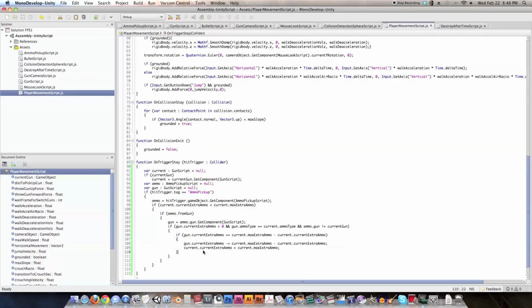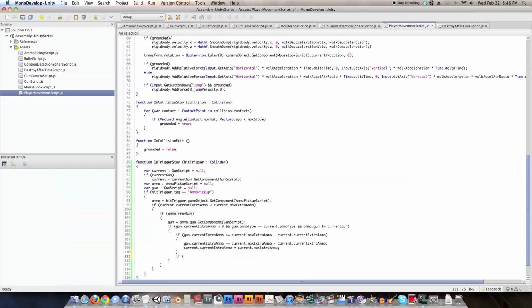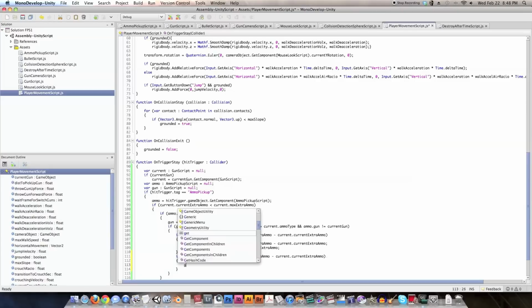So now what if the gun doesn't have enough ammo to give us full ammo? I'm just going to copy and paste all of this, and I'm going to change this to less than. So if the current extra ammo of the gun that's sitting on the ground is less than the amount needed to give us full ammo, we are going to run these two lines of code, which are